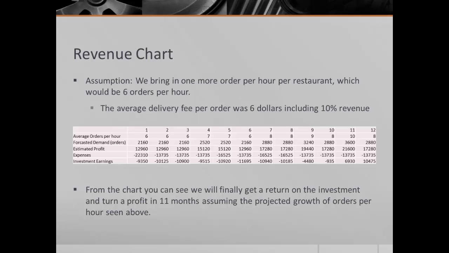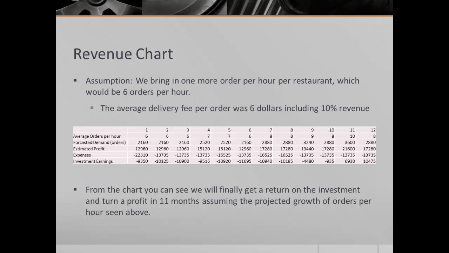For the revenue chart, a small assumption was made, and that was the use of Slow Diner Connection could bring in 1 order per hour for each restaurant. In this option, I will have partnered with 6 restaurants, so there will be an average of 6 orders per hour. Slow Diner Connection operates from 11 a.m. to 11 p.m., which would mean there is a forecasted demand of 72 orders per day, and a total of 2,160 orders in the month, which, with the calculated average of $6 profit per order, would give a first month profit of